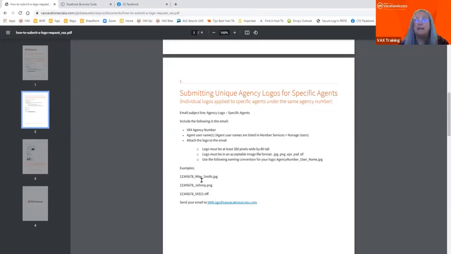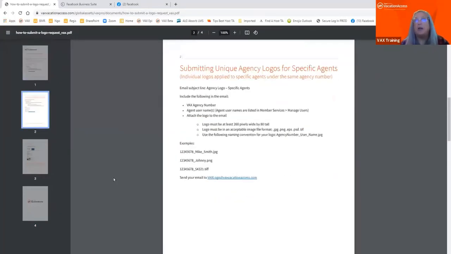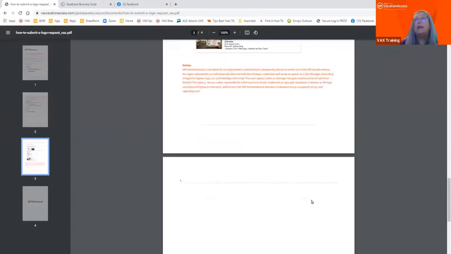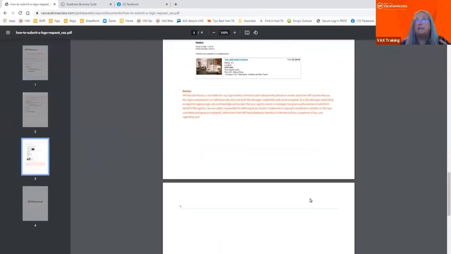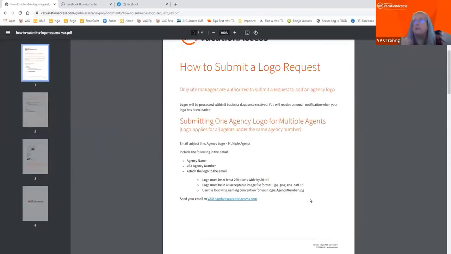So we need to have your username attached to it, exactly as your username is as you log in. I just wanted to make sure that you understood how that works and that you can find where that is, and then you can go ahead and process that. Now I'm hoping that we see a swarm of logos coming in the next couple of weeks because of you attending this, if you haven't already processed it.